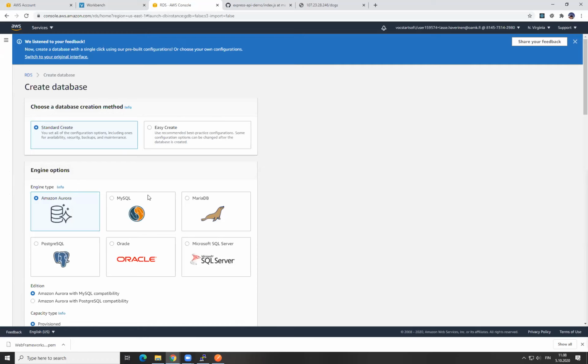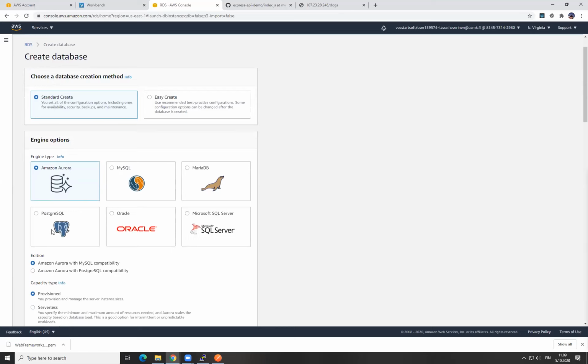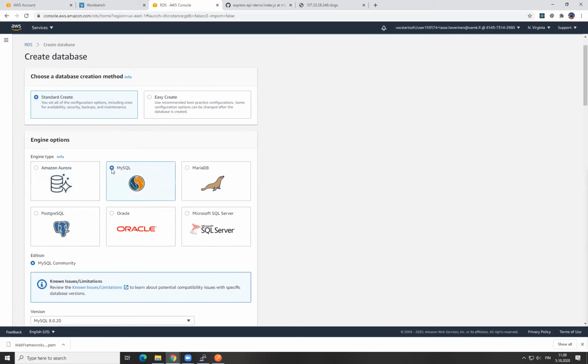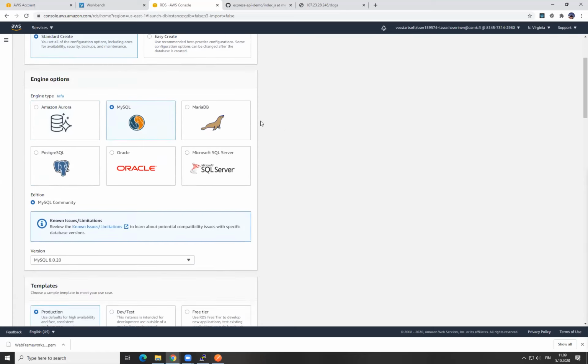I have not tested connecting to this Amazon Aurora type of database from Node.js. MariaDB is another database from the creators of MySQL, since MySQL was bought by Oracle. So the core team or key members have left, and then they have created MariaDB. So this is another open source database. And then PostgreSQL is also totally valid. All of these are good options for a database. They are all relational databases. And here I'm going to choose MySQL